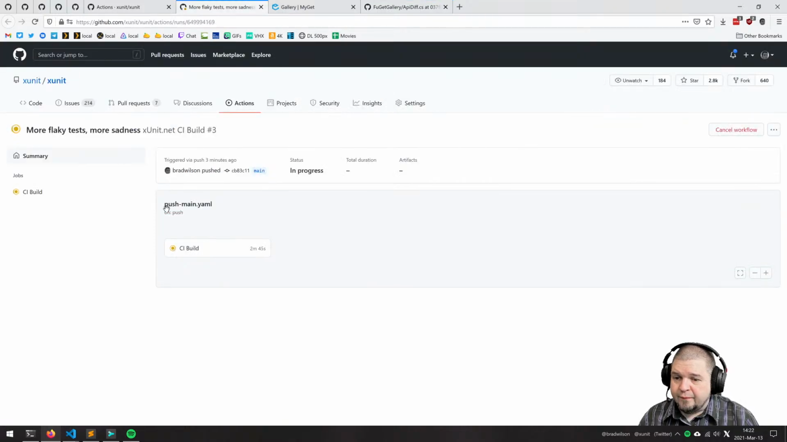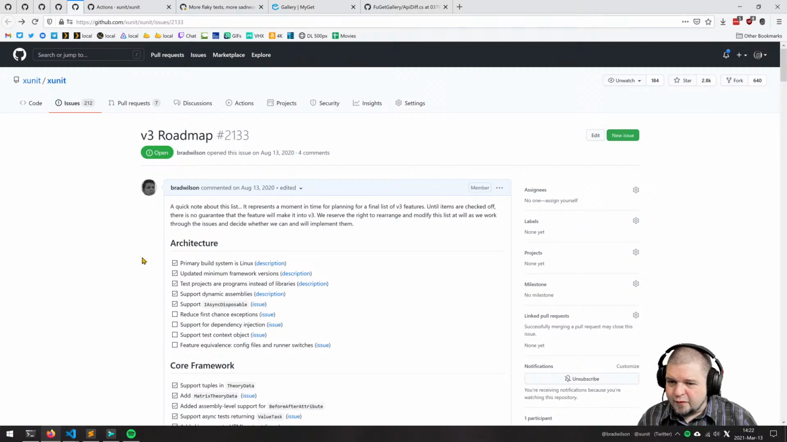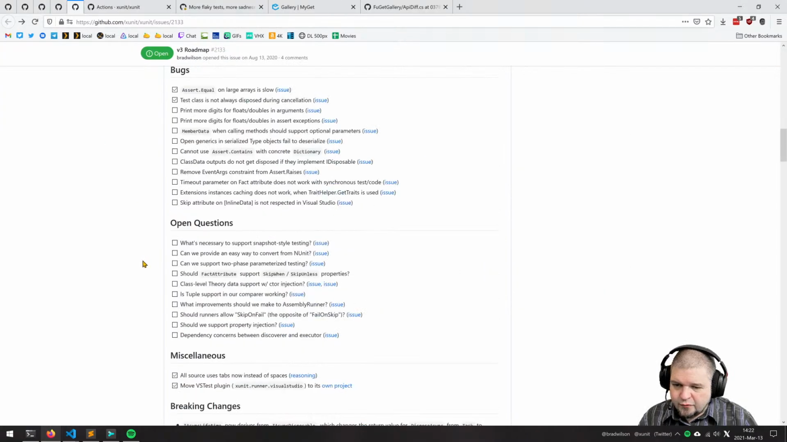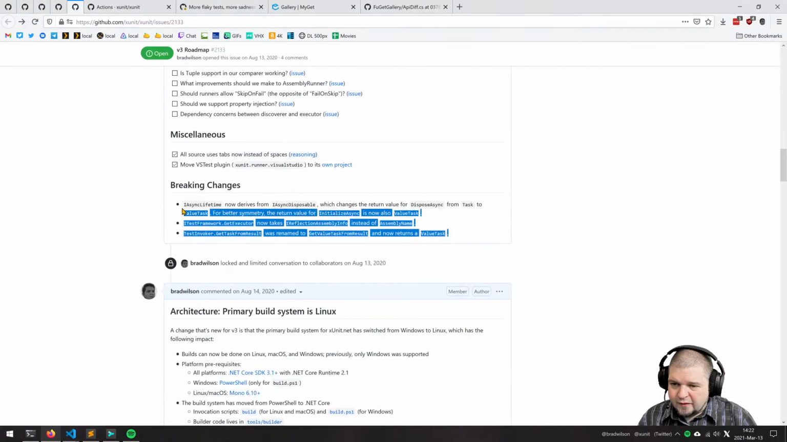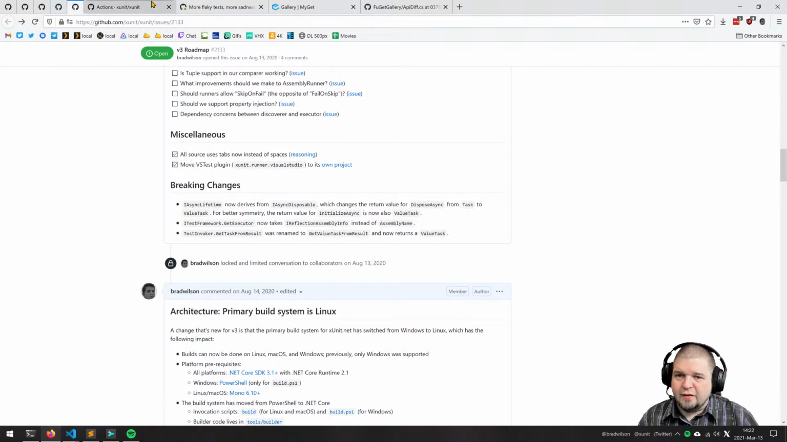xUnit v3, which I think will be a requirement in order to be able to more properly fill this in, because I have breaking changes here and I only have a few of them. That is nowhere near enough. These are just a few things I thought about at the time that I was making them and put them here. So I really want to be able to use a tool to generate this kind of a list,